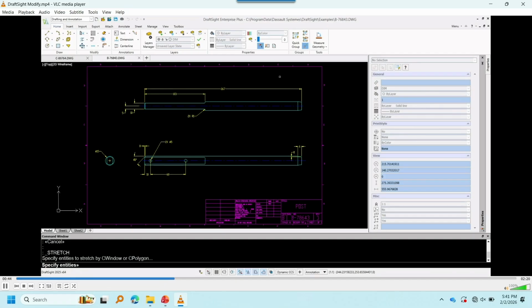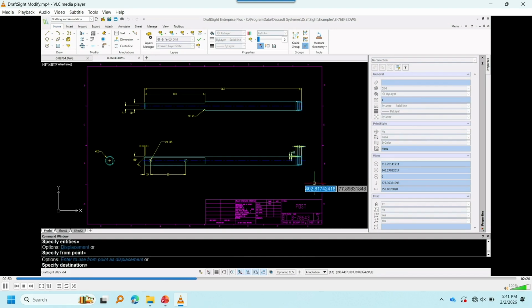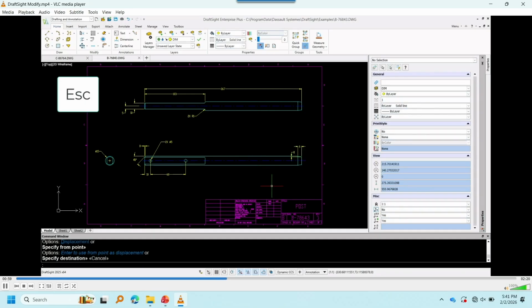So you can window from left to right, or you can do a crossing selection. I just did this on purpose to show you that. I don't have ortho on, and I also did the window select, so I'm not getting those endpoints of the lines that I want. So you escape to get out of the command, and then you can keep an eye down on the command